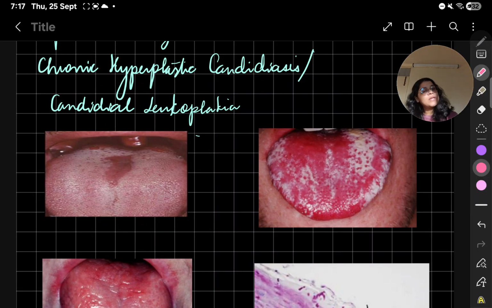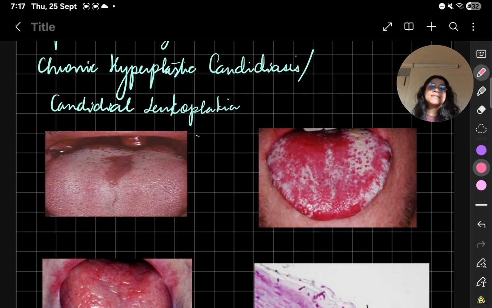So we had done part 1 of candidiasis. Now we'll do part 2. Actually, I divided it into part 1 with classification and part 2 with diagnosis, but some of the types were left. We'll finish them off, then we'll move on to the diagnosis, which comes as a short note, very common, right? So we did erythematous and pseudomembranous, and under erythematous and pseudomembranous there is acute and chronic. Acute and chronic is based on the time duration.